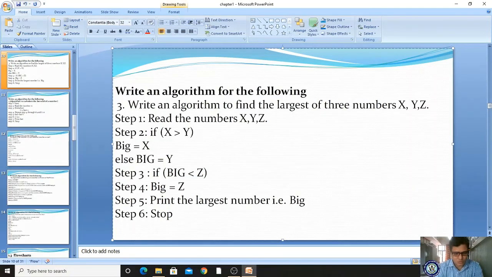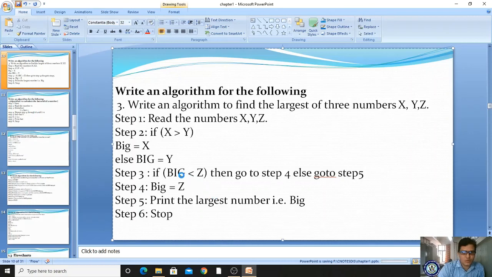So here we have to mention: then go to step 4, else go to step 5. This is the step we have to specify.